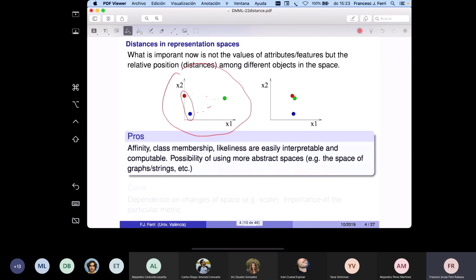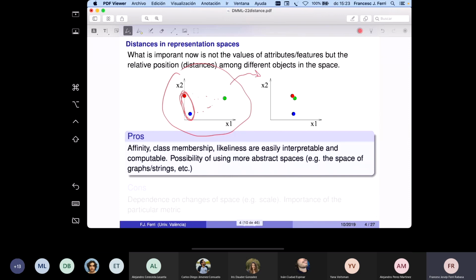So we could think that maybe these two belong to the same class and this could belong to a different class. But what happens if we change this representation space to another representation space in which the